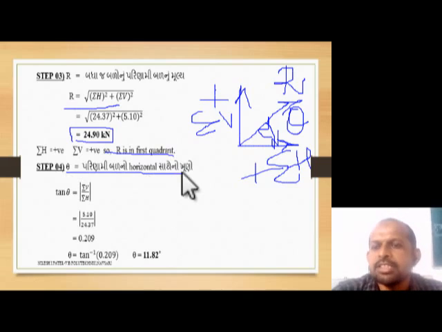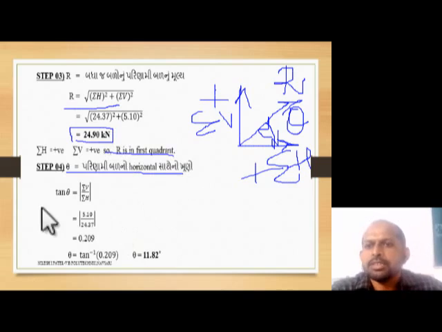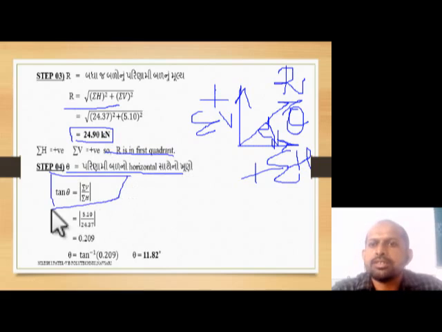So theta will give you the direction of the resultant force R. This formula is already known to you: tan theta is equal to sigma v divided by sigma h. Substitute the values of sigma v and sigma h and you can easily find that tan theta is equal to